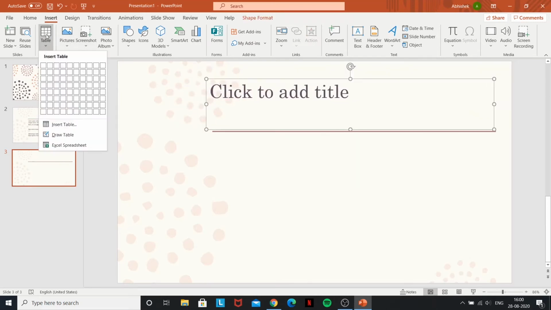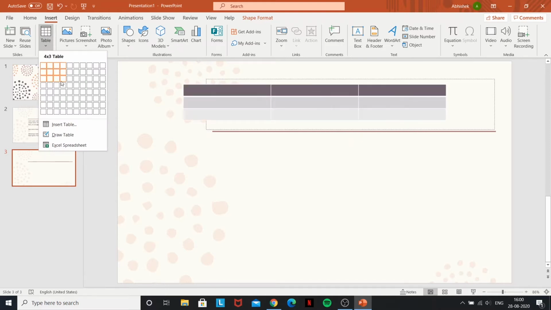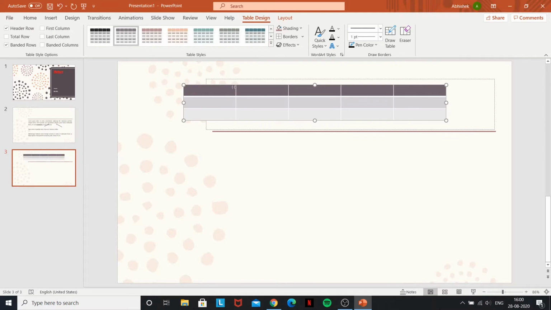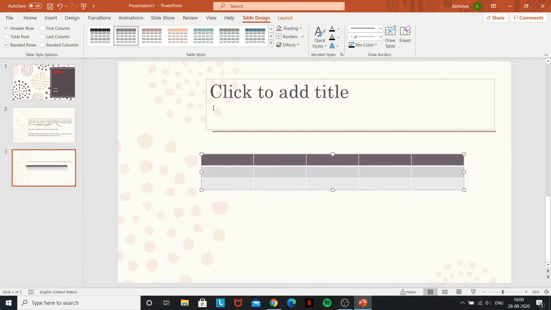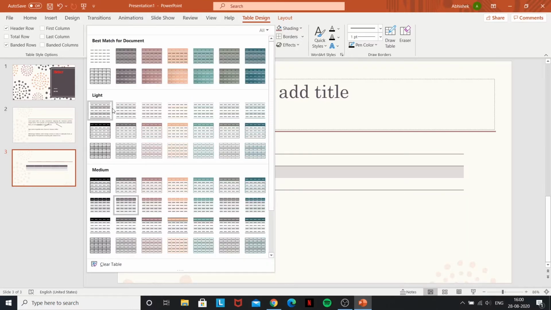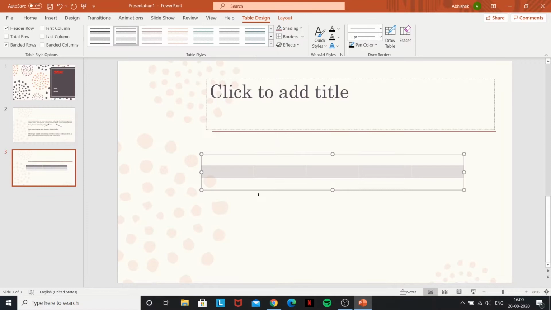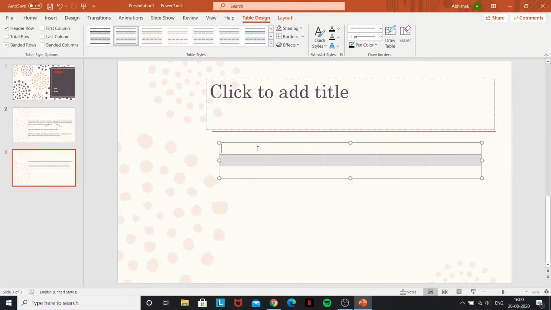And now I'll insert a table. So first I can choose the dimensions of the table. I want it to be a 4x3. And once you select the table, it automatically opens up the table design tools. So here again, you can choose the theme of your table. I think this theme matches the current theme of the entire slideshow. So I'm going to choose this. And as usual, you can just enter whatever you like into any of these. So all you have to do is 1, 2, 3.